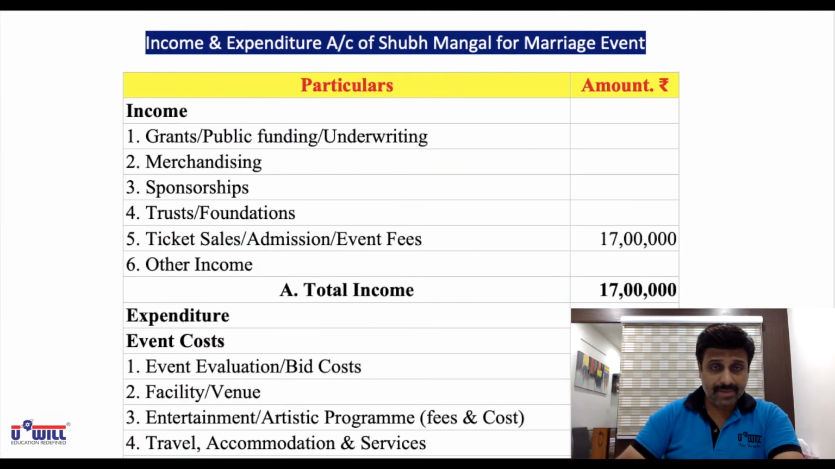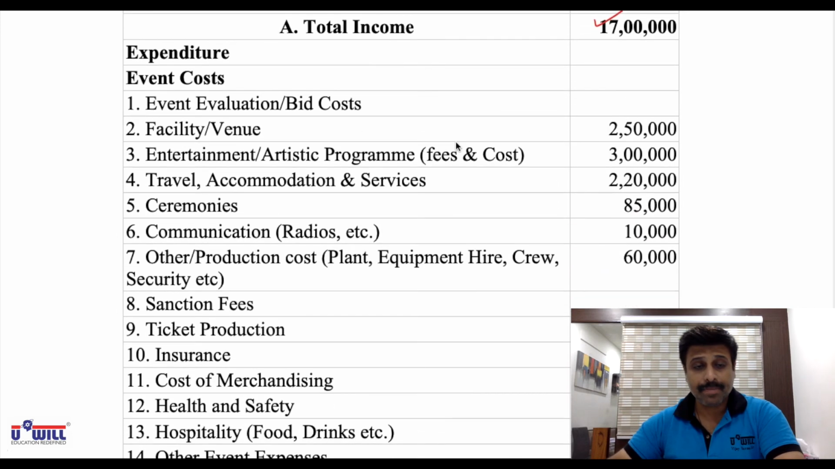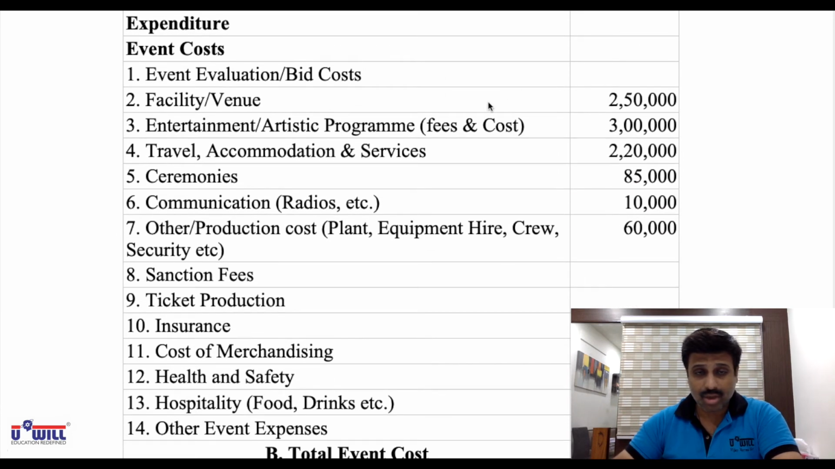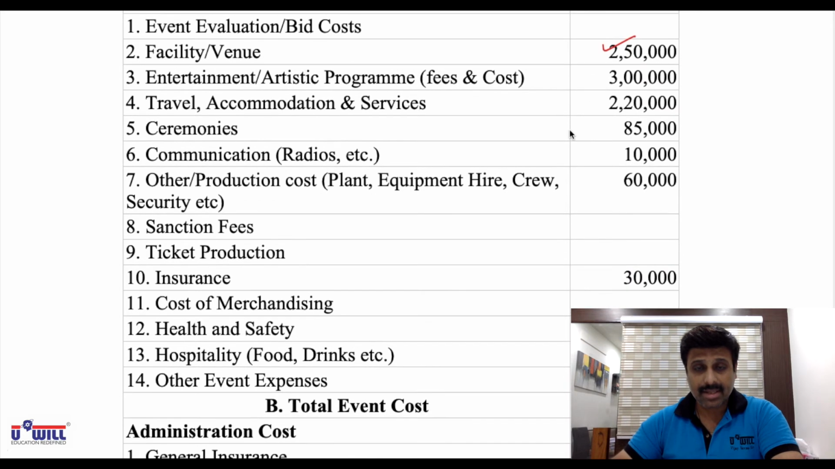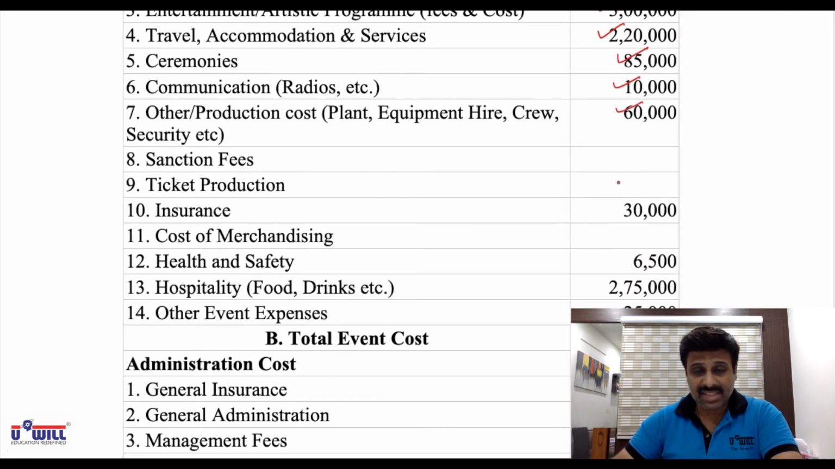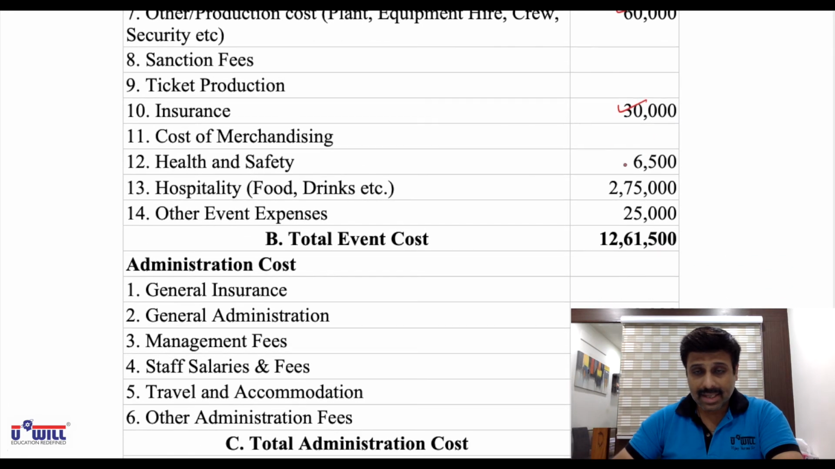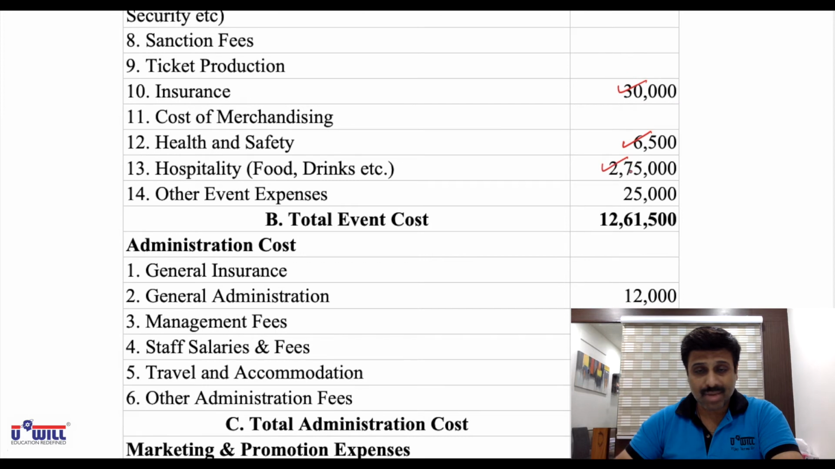Check your answers, everyone, and verify that. In incomes, there is only one income, this event fees of 17 lakhs, total incomes 17 lakhs. In expenditure, event and evaluation cost is nil, venue cost 2,50,000, entertainment or artist programs fees 3 lakhs, travel accommodation and service 2,20,000, ceremonies 85,000, communication 10,000, other production cost 60,000, sanction fees and ticket production is nil, insurance 30,000, merchandising cost is nil, health and safety 6,500, hospitality 2,75,000, other event expenses 25,000, total